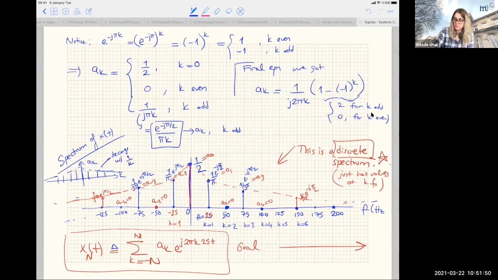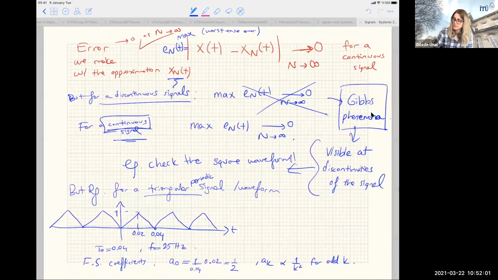Just look at the form of the signal here, 1 over k, if you view this as a function of k. Here, the triangular wave, you see, decays faster for odd k. You can derive this, but it decays faster than the AKs of the square wave,